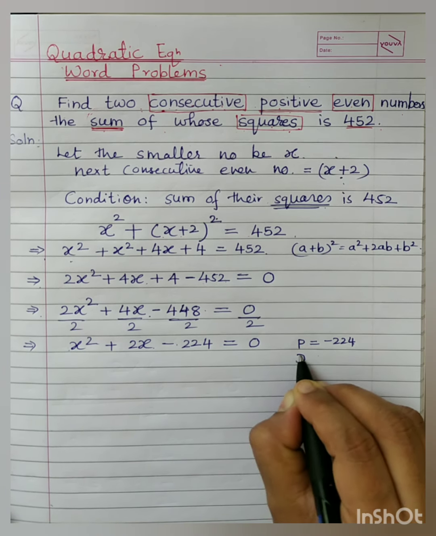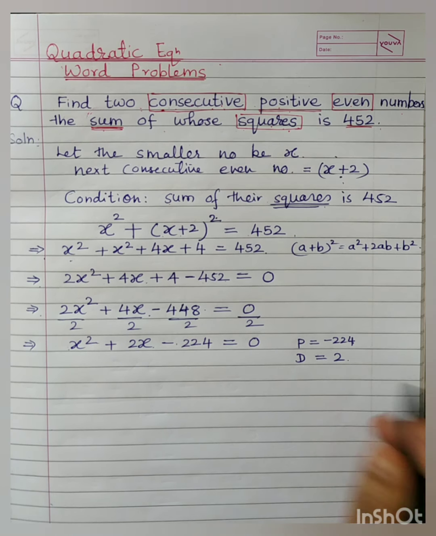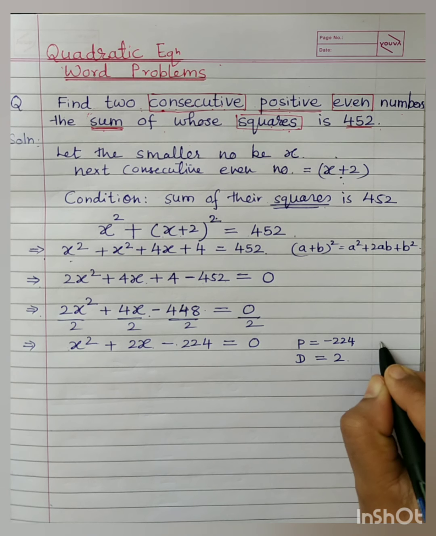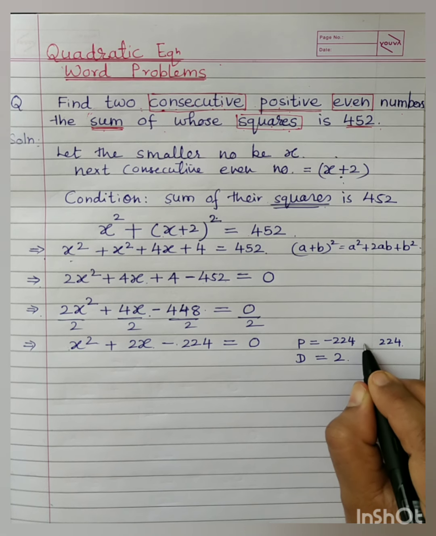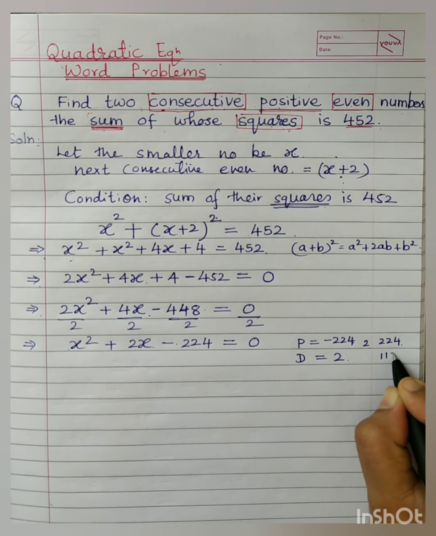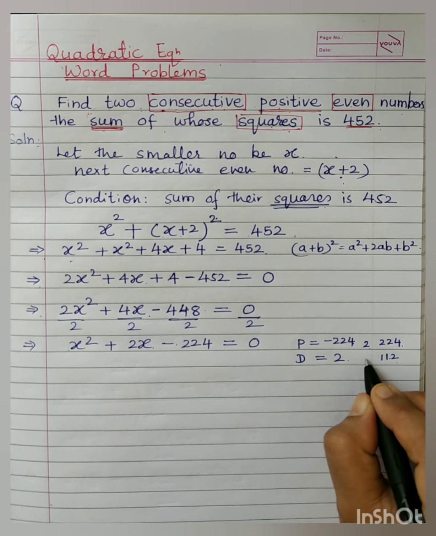We are finding the difference. Difference should be 2. That means we are finding numbers which differ only by 2. You can get the answer directly if you know the tables very well. I am always giving you the easiest possible way which will be applicable for everyone. 112 and 2 we cannot work out. Difference is not 2. Go for more.